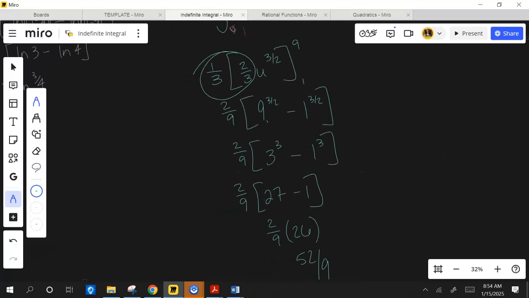Yes. All right, the 3 over 2? Okay, sunshine. Think sunshine. 9 to the 3/2 is the square root of 9 to the 3rd power. Y'all remember that? Whichever one you want, but it's easier for me to take the square root of 9 and cube it than it is to do the square root of 729.